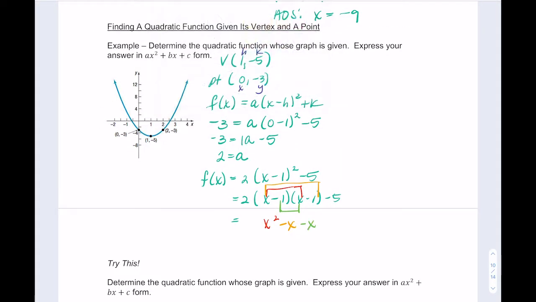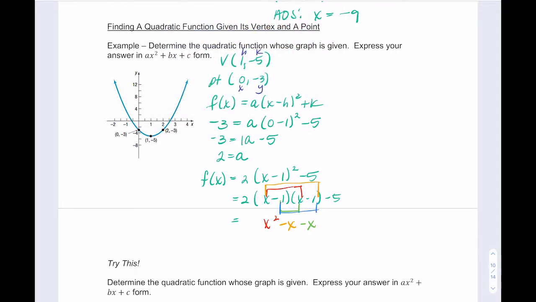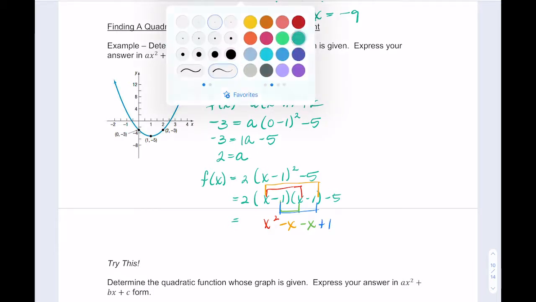And then we've got your last times your last, right? -1 times -1 is +1. And then don't forget,